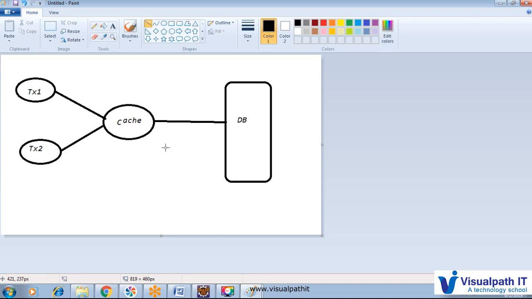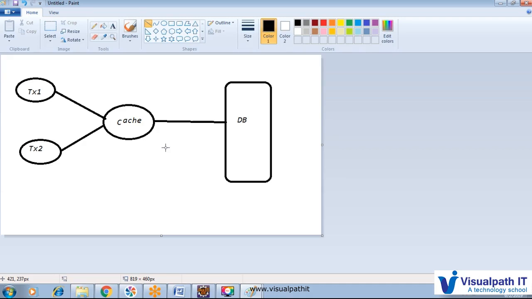But compared to the session scope cache, with the process scope cache the developer is responsible for creating it. Here multiple transactions associate with that particular cache, and that cache is disabled by default. So we have to enable it, and we have to provide the configuration. And the next is a